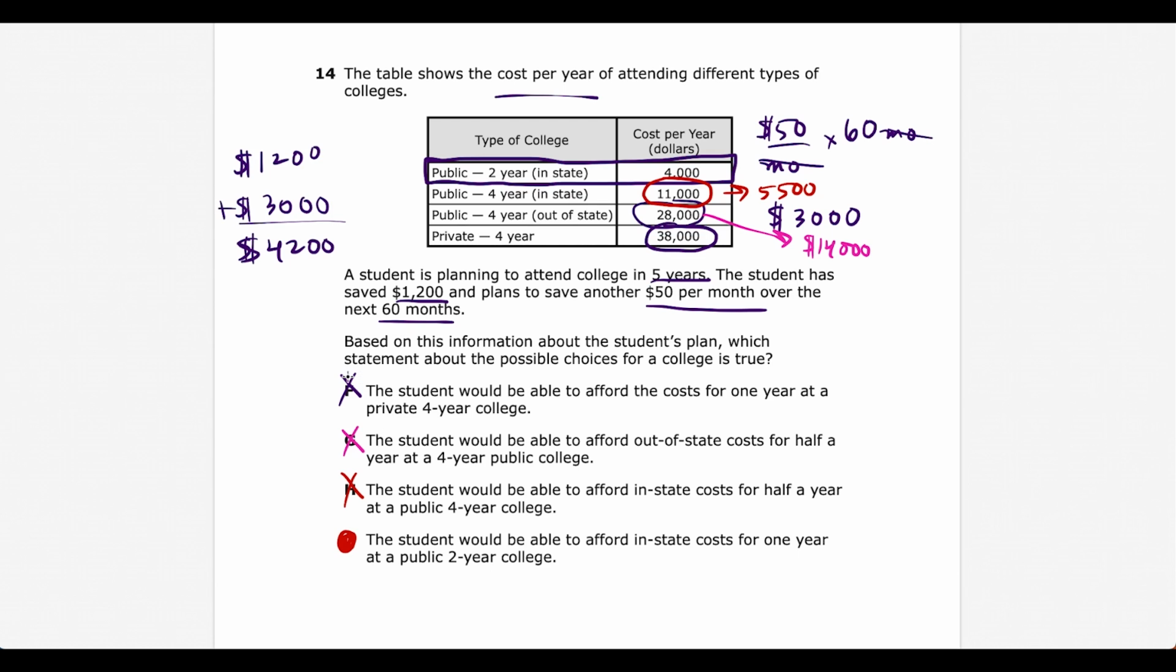is true, then they would have to only be able to afford the cheapest option here. So you can't have 2 true answers. You'd only have 1 true answer. So it has to be the one that's the cheapest, which is